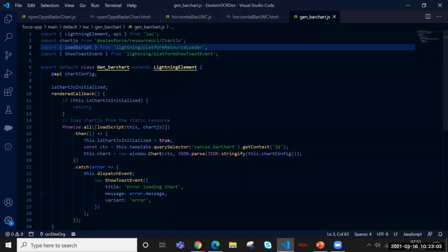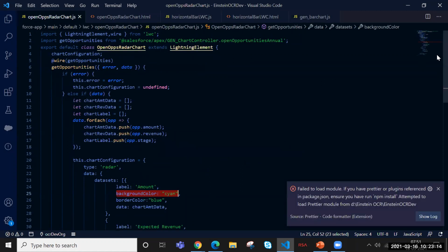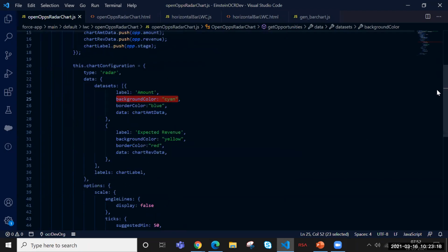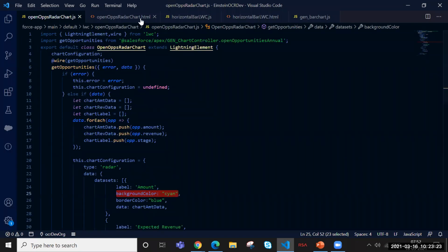Once this chart is initialized, we have something called canvas, so that will get initialized. Once that is initialized, the chart will get displayed. So this is about radar.